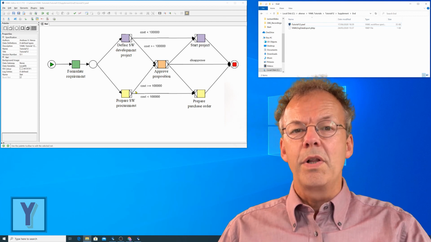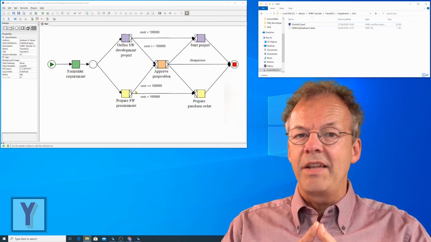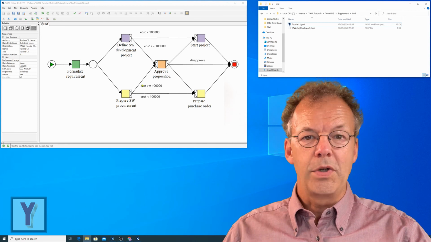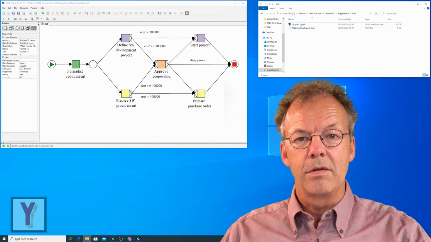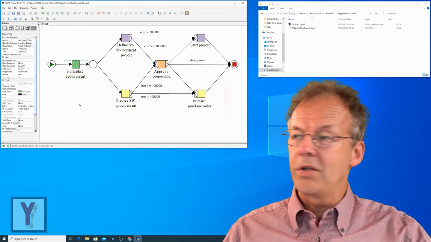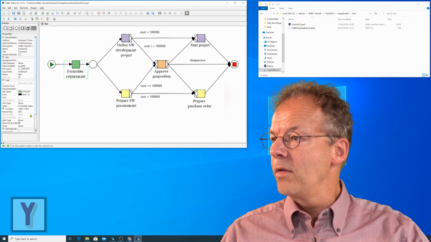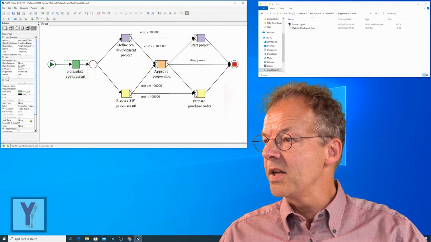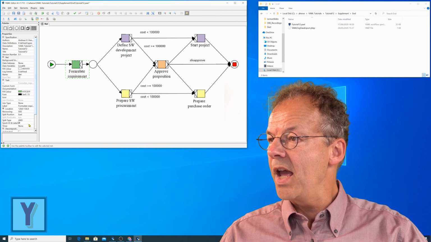Well, we will first create an AND split after formulate requirement, and this is a very frequent pattern here. So we select formulate requirement and go on the left-hand side, look at the split type and select AND here.